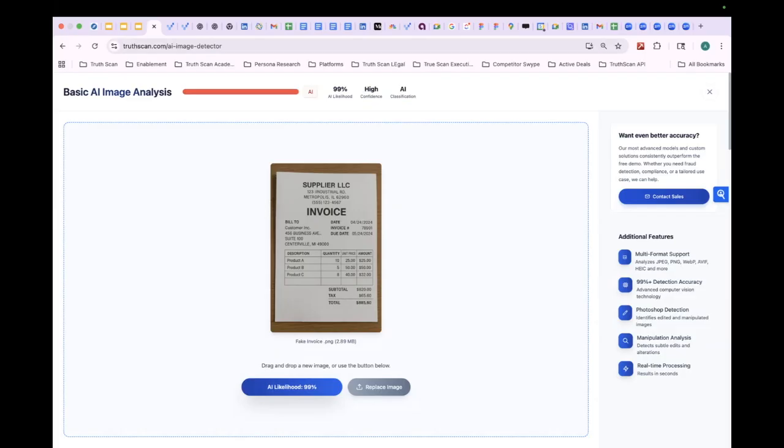The other thing is we can also detect how it was manipulated once you're on our enterprise model within your Salesforce org. So we can do manipulation analysis. We can do Photoshop detection to tell you exactly where and how it was altered. And this is important as you go and are looking at taking things to the next level and really replacing that fraud. So we can do that analysis for everybody that stays with us.